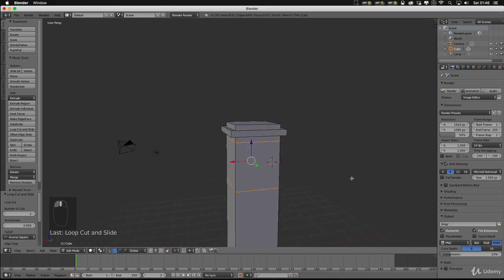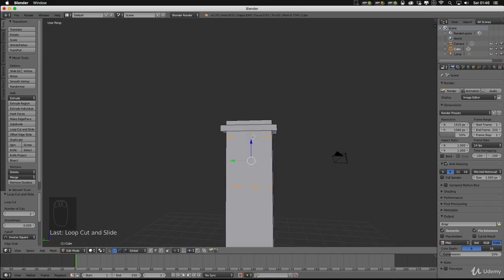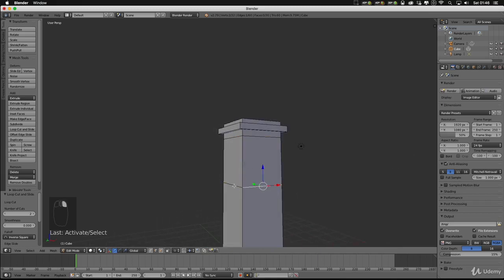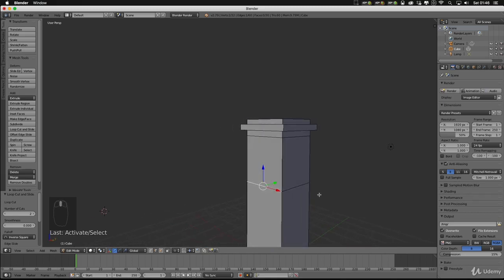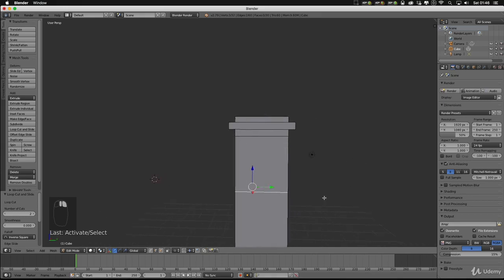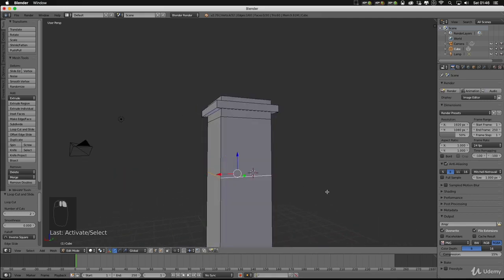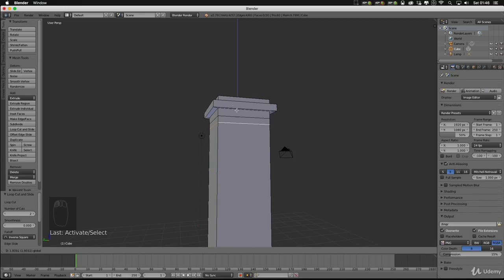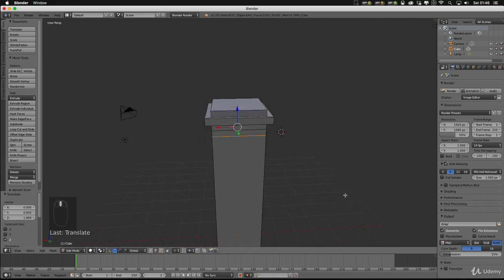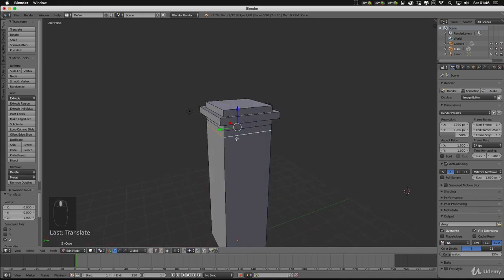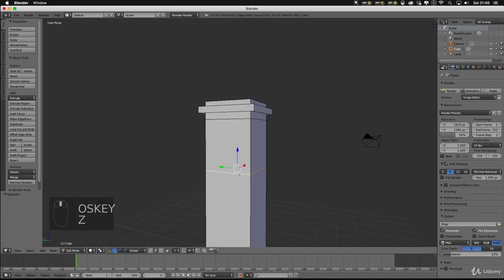If we just put that there for now, now we've got a cut here and we've got a cut here, but we want this cut to be closer to this. So what we could do is just select all of these edges, and then we could move that up, but that's kind of time consuming, and we could just actually select all of them at once. So if we just undo that, move that down to the bottom.